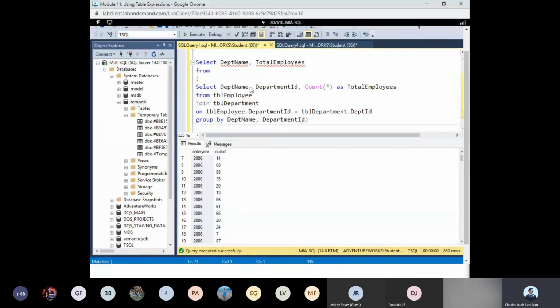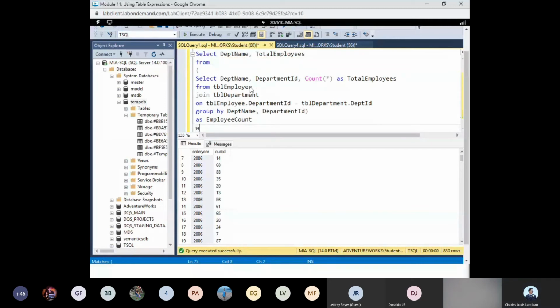And then, lalagyan nga, so ang requirement, dapat may alias siya. So, as employee count, where total employees, okay, is greater than or equal to 2. Okay, napansin nyo na wala na yung red squiggly dito sa department name nung nilagyan natin siya ng alias. Okay? Kasi ang nangyari dito, we have an inner query, or subquery, pwede natin siyang tawagin na subquery,